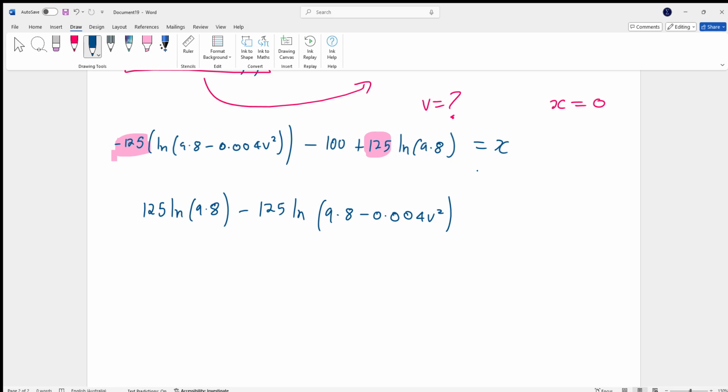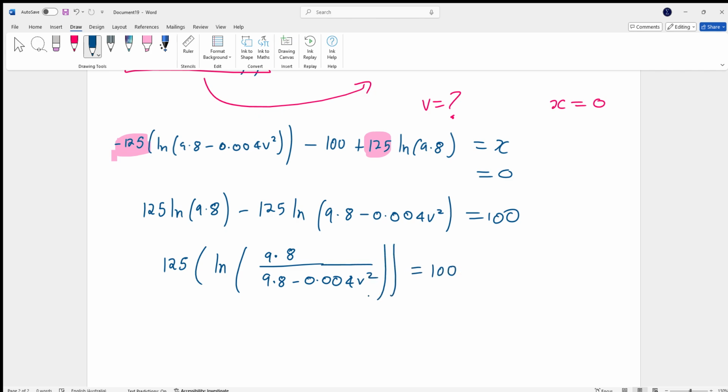Now it's set equal to 0, so I'd move the 100 to the other side. Solving this will give us our answer. What we can do is factor out a 125, and then if we're minusing two logs with the same base, you can divide the insides. So it'd be 9.8 over 9.8 minus 0.004 v squared